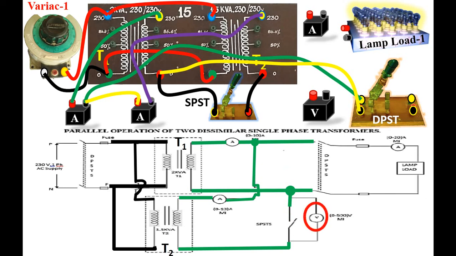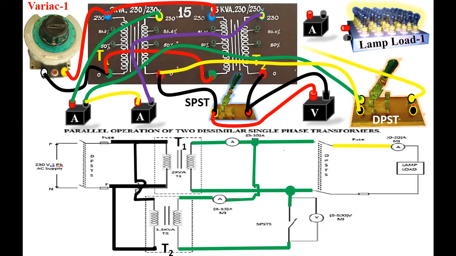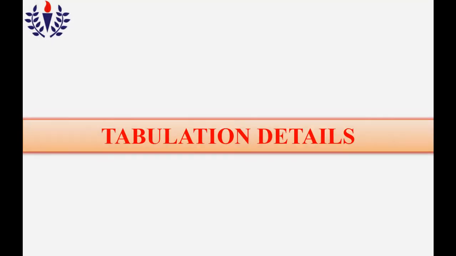Then let us see how we connect the voltmeter. Connect this voltmeter across the SPST switch. As we are using AC supply, you can connect it interchangeably, and it still works. Then the other end of DPST is not yet connected, but please make sure that the upper end is connected to the ammeter, and the other end of the ammeter to the load, and the other end of the load to your DPST switch, thus completing the circuit connections.